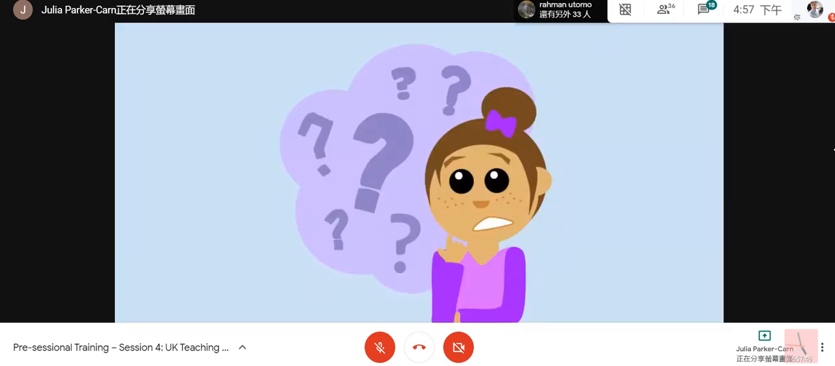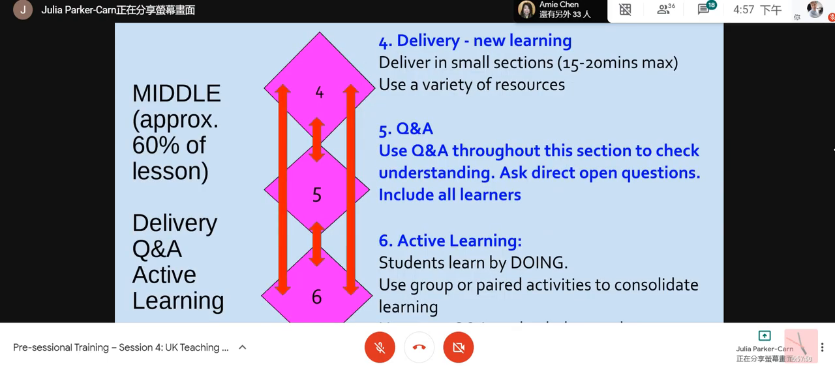Okay, so the middle of the session. You'll see in this one that I've got these big red arrows on the diagram. And this means that in this part of the session, you don't have to go through 4, 5, and 6 in exactly that order. If we start with number 5, in any of our lessons, we hope that you will